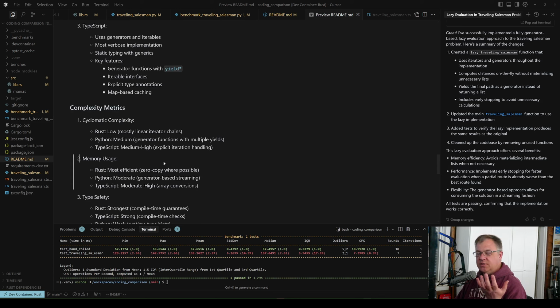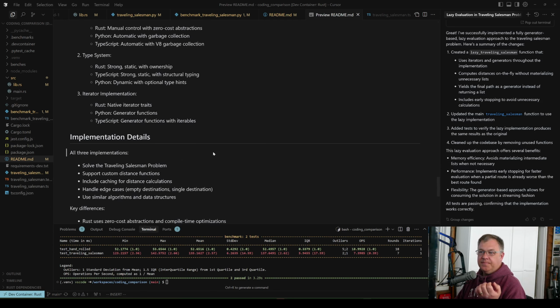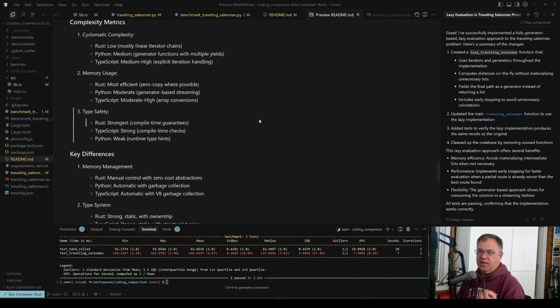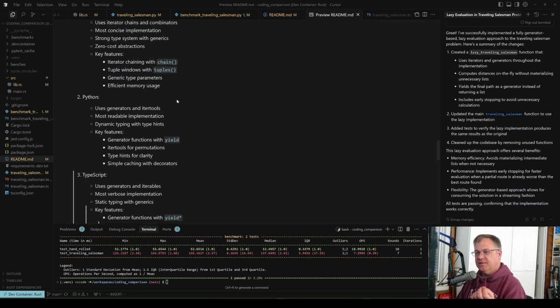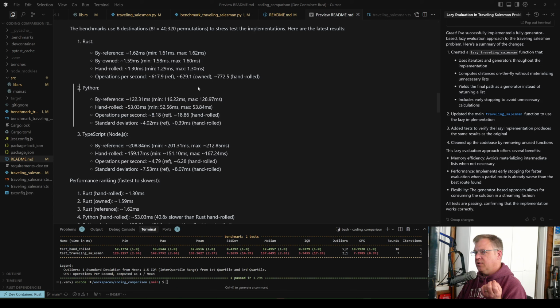Again, just letting this sit. This is more food for thought. What does this mean when we blow this application up to have more feature-rich systems? When we need to rely on the compiler and type checking more, are we getting the best bang for our buck out of whatever language we're using? I have my opinions. If you've been watching this channel long enough, you know what my opinions are. I think those conclusions are pretty obvious, but